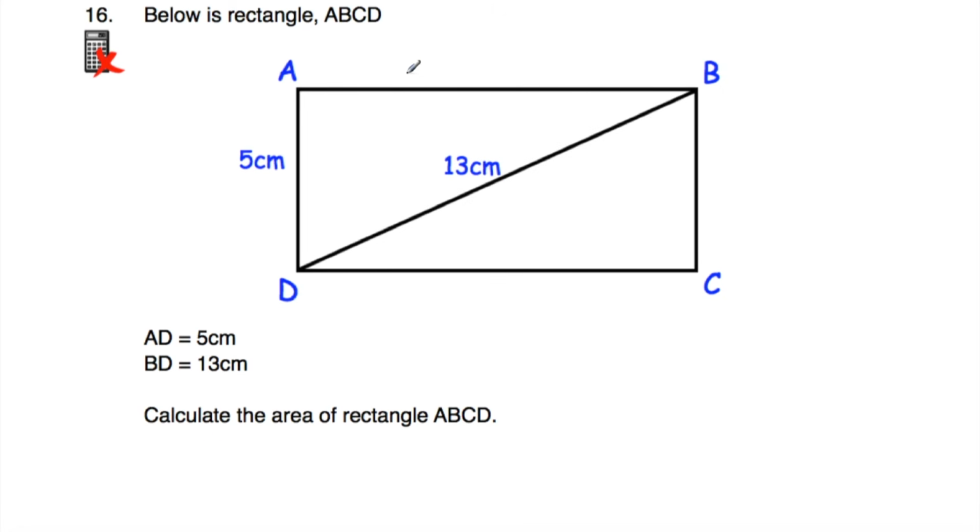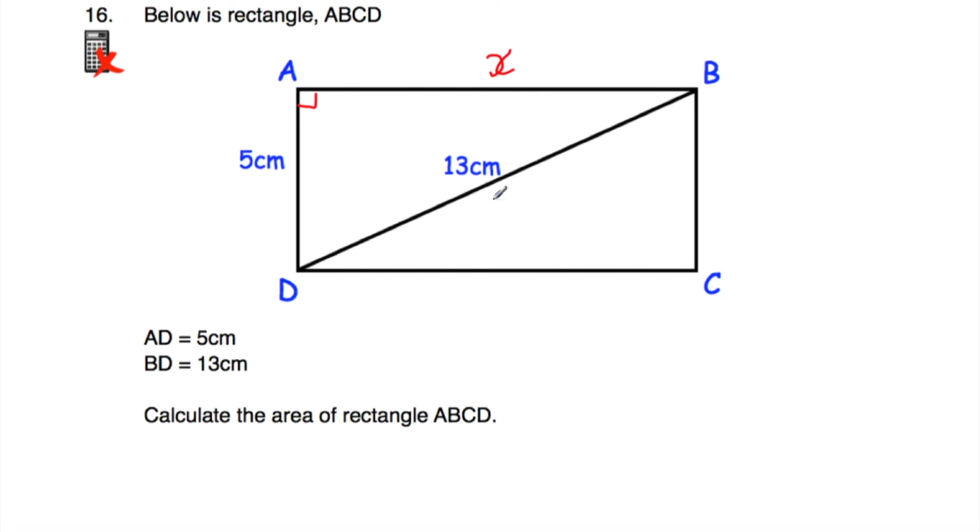So we need to find this distance here. Let's call that x. And if you notice, we've got our right angle because it's a rectangle, and we've got our right angle triangle because we've cut across diagonally. This would be a right angle. So we've got this right angle triangle, and the shorter side here is 5 centimeters. Another shorter side is x,